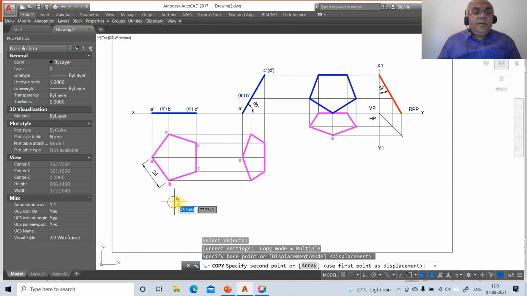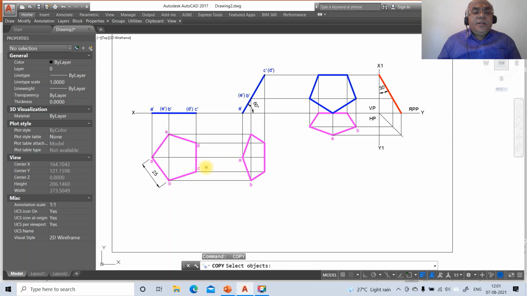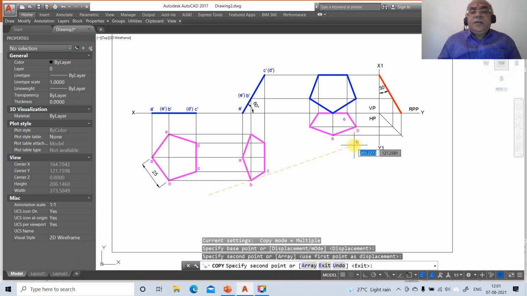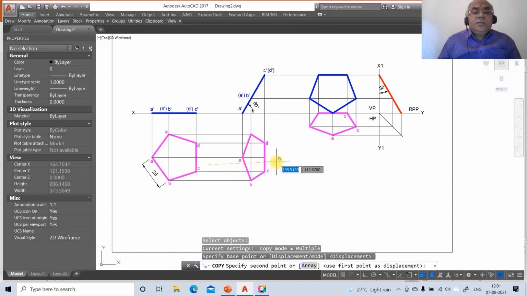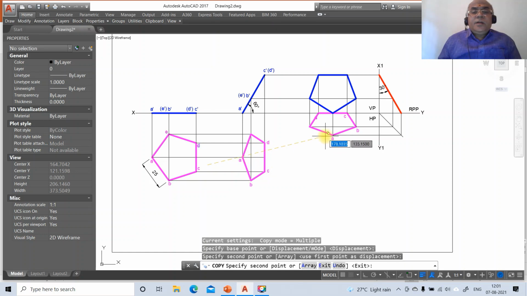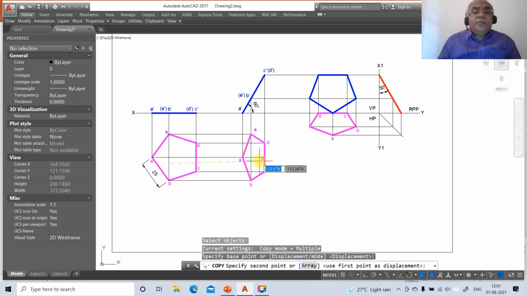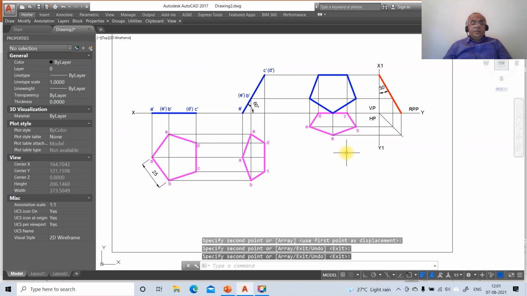Similarly B, and then B will come here, and similarly C, this C will be here and that C will come here. Similarly D, that D is here and here. So here E, we have E, and here also we have E.